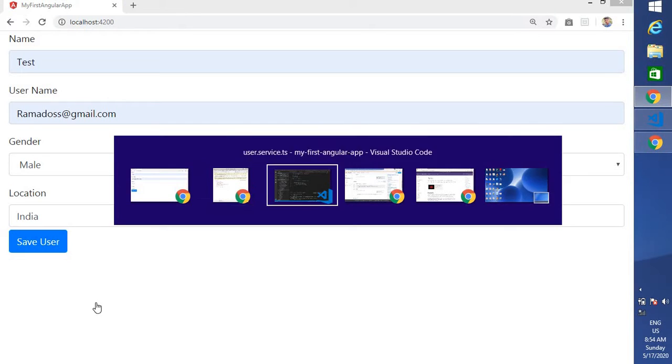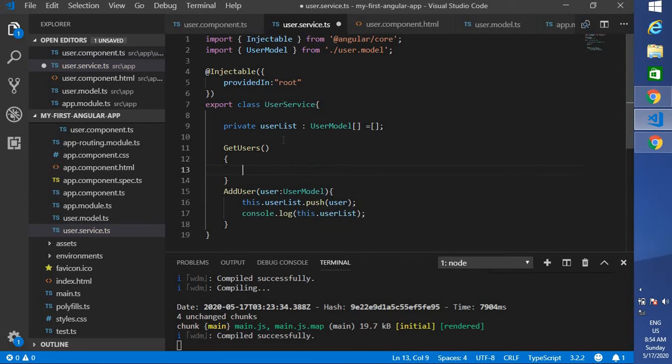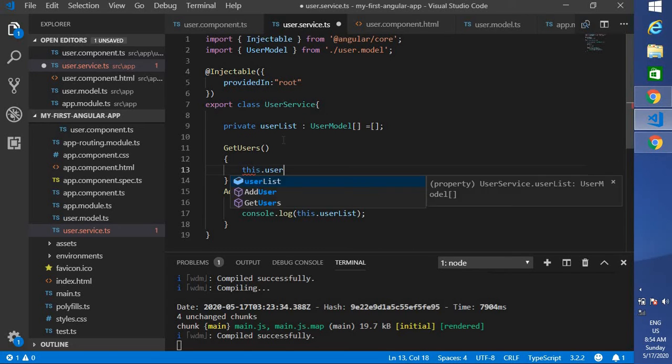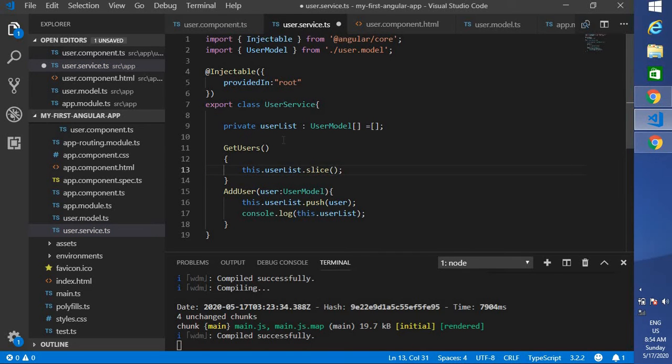To manage that, we will create another method, get users, and this is not going to take any parameter. What we are going to do is return this dot user list dot slice. I'm just taking a new copy and returning a new array.